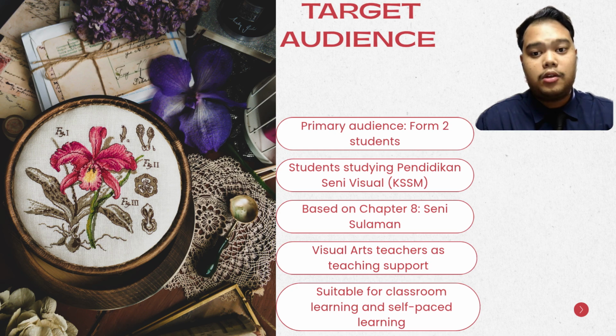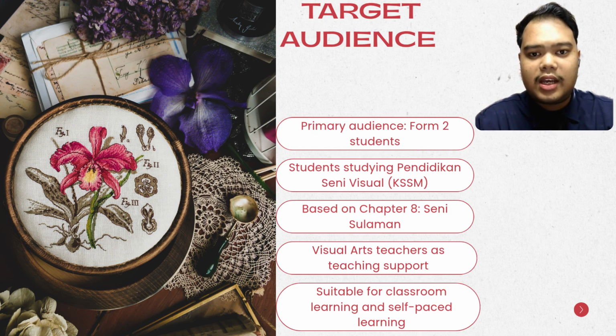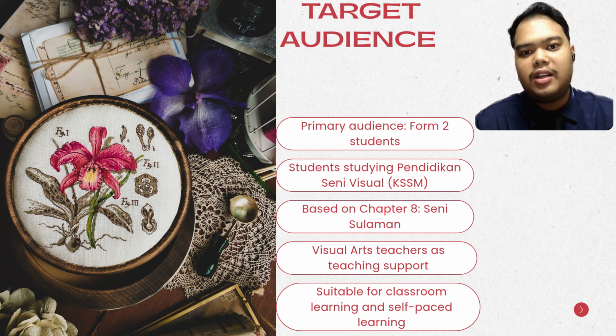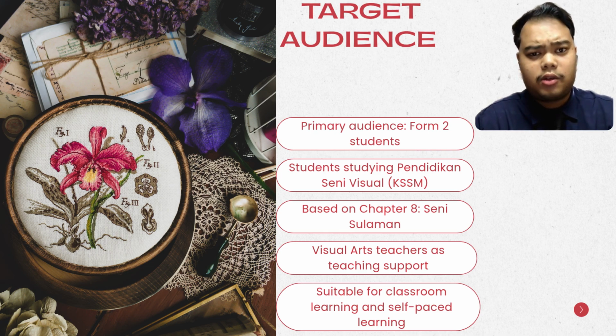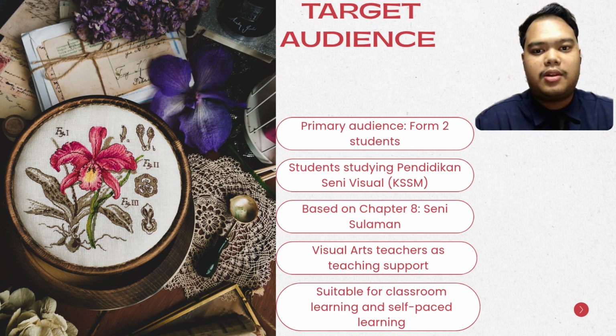2025-181-025. So, the primary target audience for the courseware is Form 2 students in Malaysian secondary schools who are studying visual art education, which is Pendidikan Seni Visual, under the KSSM curriculum, specifically Chapter 8, The Art of Embroidery, Seni Sulaman. This courseware is designed for students aged 14 years old and aims to support classroom learning by providing interactive